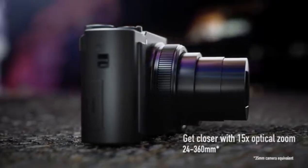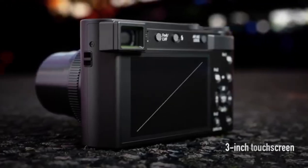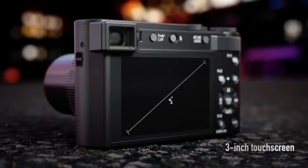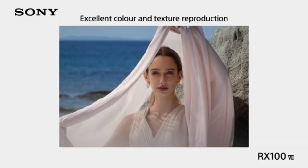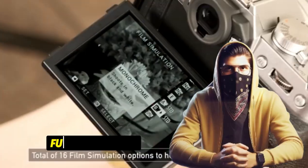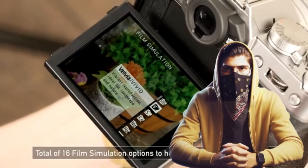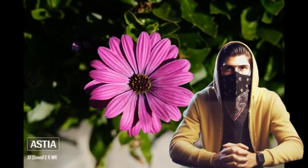Today, we're diving into some of the best travel cameras you can take on your adventures in 2024, each with unique strengths tailored to different styles of exploration. So, whether you're planning a rugged outdoor adventure or a luxurious city escape, there's a camera on this list that's perfect for you. 5. Lastly, for those who value style as much as substance, the Fujifilm X-T30 II is a